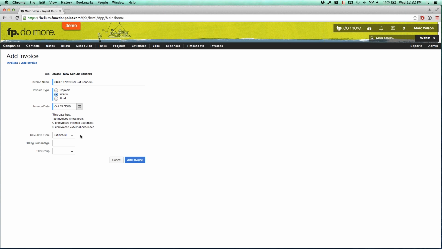Now notice that it shows me one uninvoiced timesheet. What do we know right now? We know that there's one uninvoiced timesheet for $1,000. We know that the total difference between the actuals and the invoice is $1,300. If I choose actuals here, what that's telling the system is include all of the uninvoiced time and expenses on this invoice. So when I select add,